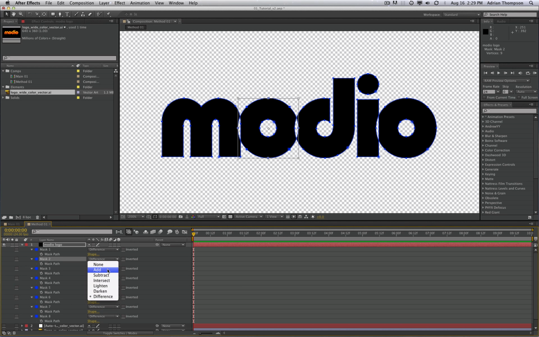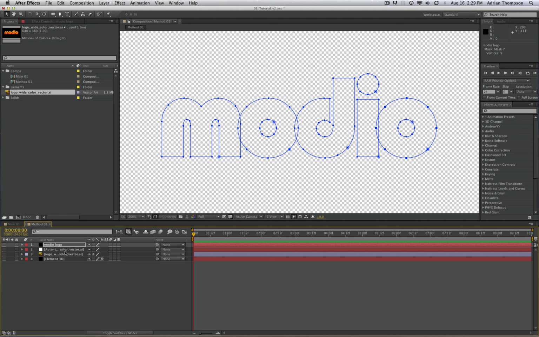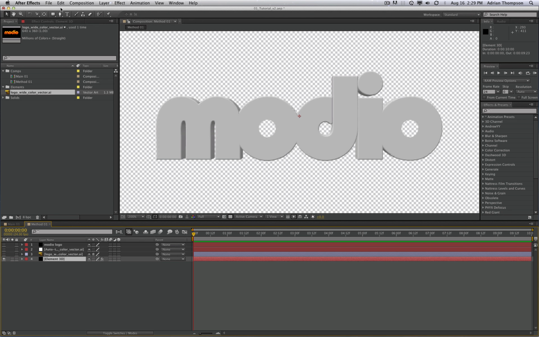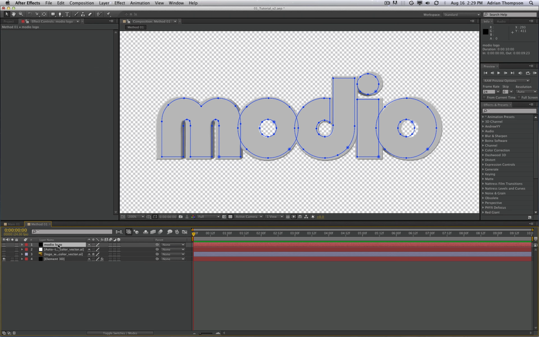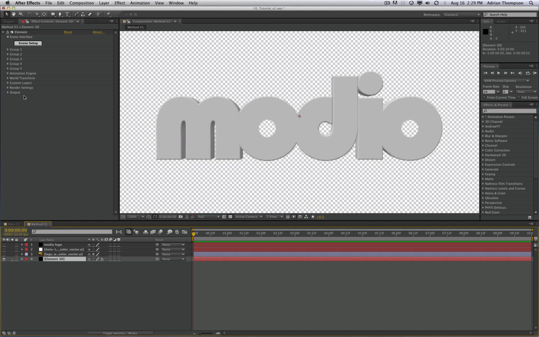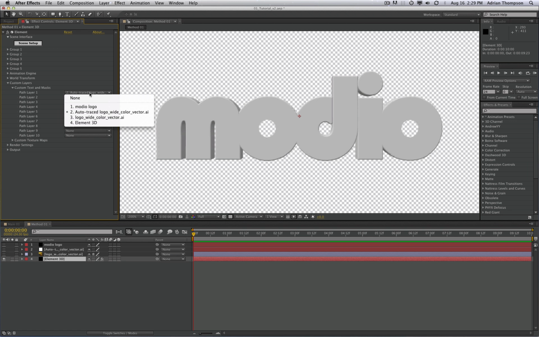What I tried to do was change these modes to the logo, to the different mask paths. But no matter what combination and order I would put them in, Element 3D still didn't seem to like it. I don't know if it can recognize that kind of stuff within masks. So to test this, you can change the name of this so you know what you're selecting. Go back into Element, Custom Layers,